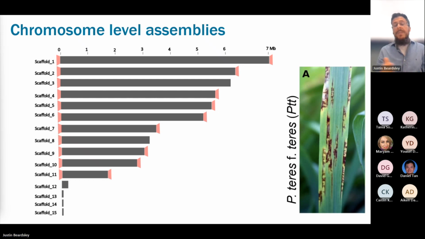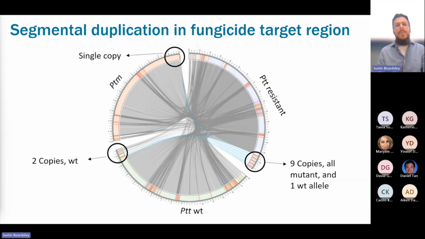But in many cases, telomere to telomere assemblies, right? But what really surprised us is when we compared the genomes between PTT resistant, PTT sensitive to DMIs, and PTM. We found that there was a break of microsynteny between the PTM and PTT species, and a microsynteny between PTT resistant and sensitive. We could see that in this particular example, we had 10 copies of the CYP51 towards the telomere.